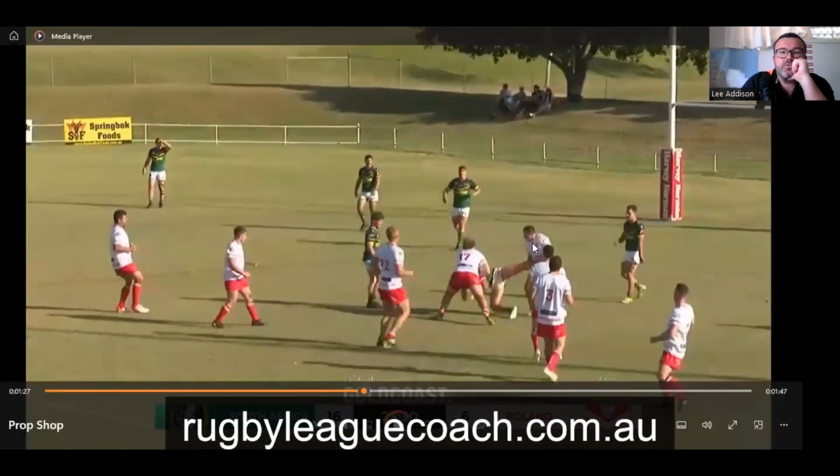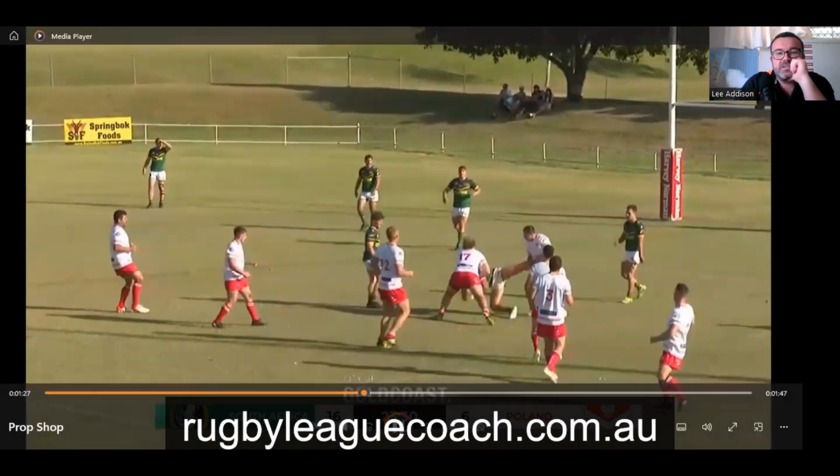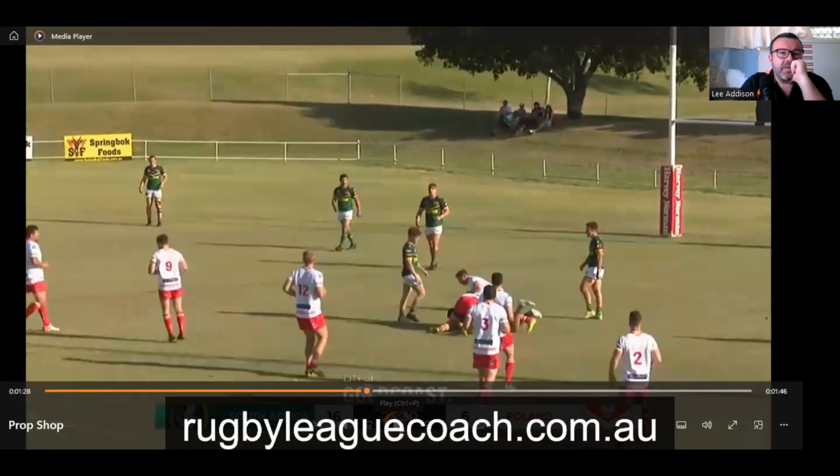Now, not sure who this is here, but he's quite far away from the collision. But number 17 is in a great position where he can pin this guy to the ground and really keep him there. Now, from this position, I would expect Poland to be in complete control of this ruck. I know we're going away from props a little bit, but this is the middle of the field, so it does impact props. So a prop who's watching, or a parent of a prop, these are all the things that